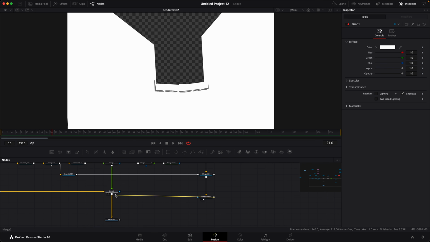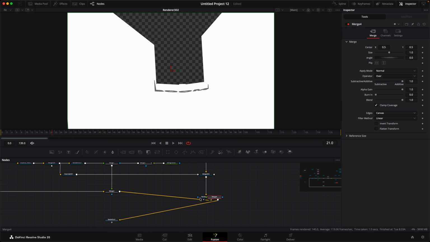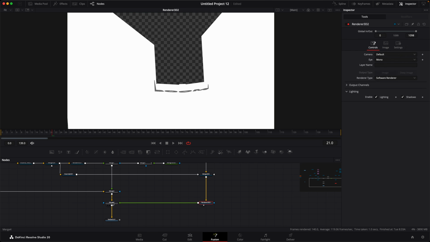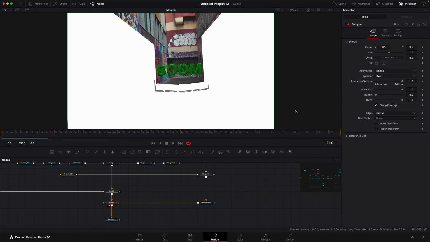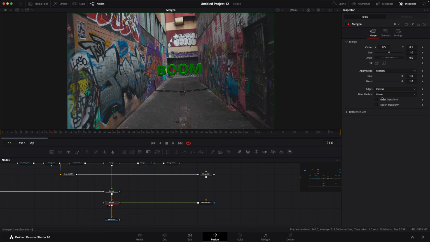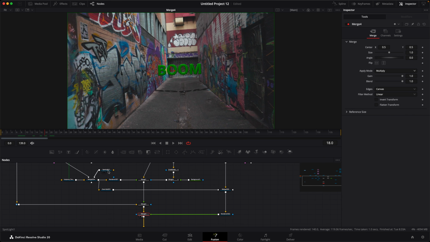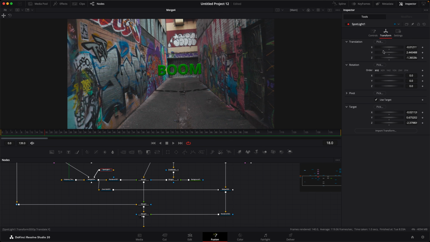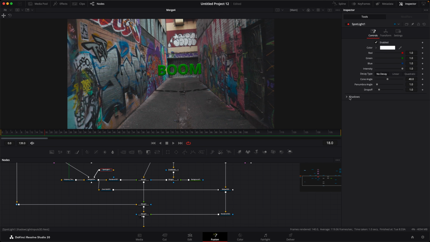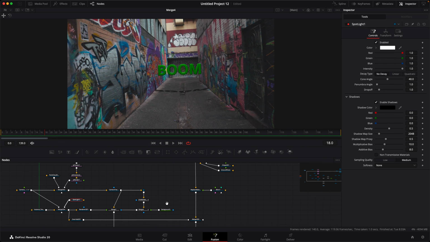And then we can take our shadow pass and merge it over the very end like this. And in that merge, we'll just set this to multiply. And now we're getting our shadow. Now, obviously that is too much. Now we have a couple options. We can either use the spotlight and come in here to the controls, and under shadows, we can start messing around with these controls to get the shadow to be a little bit softer and all that kind of thing if we want. So that's a possibility, but we're going to probably do this a little bit different,